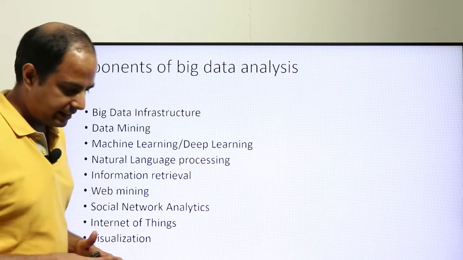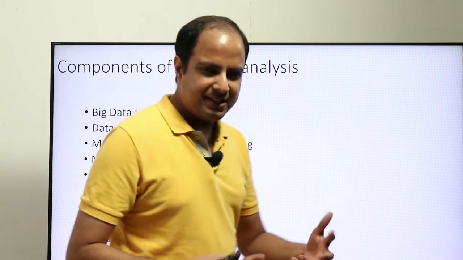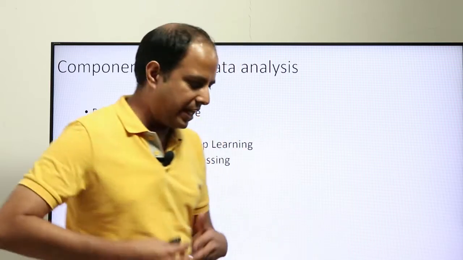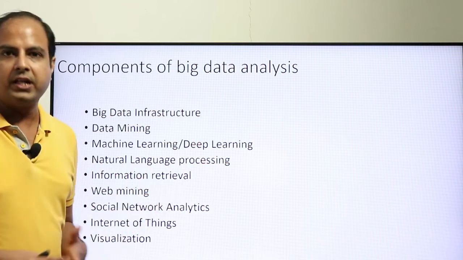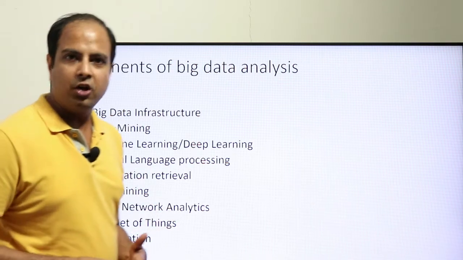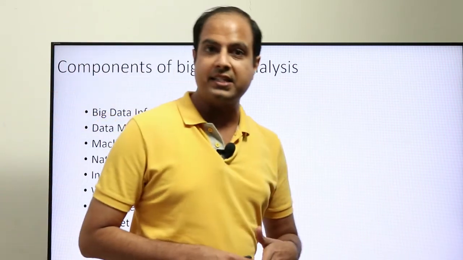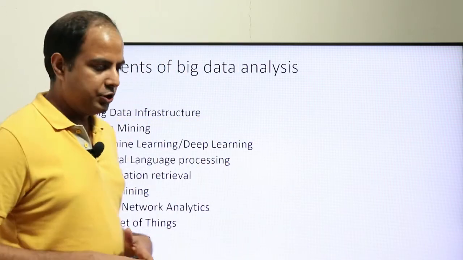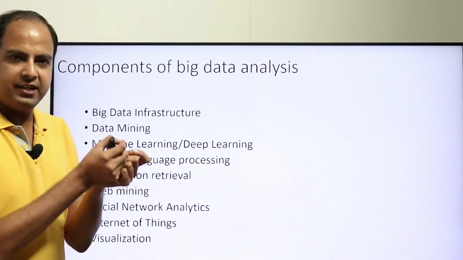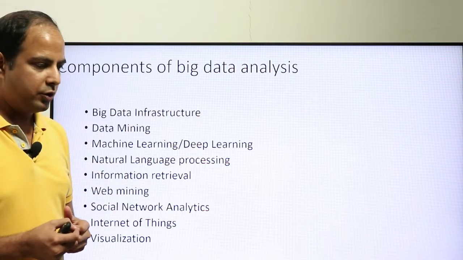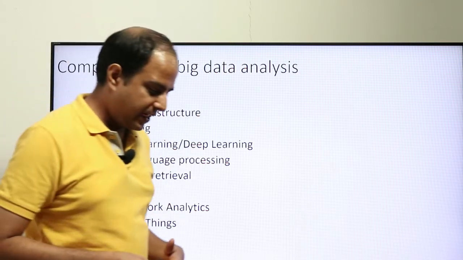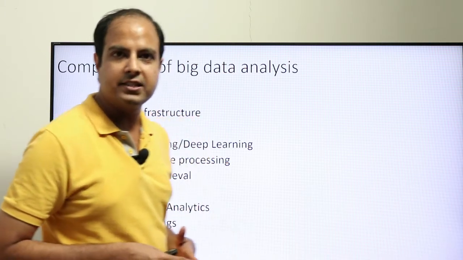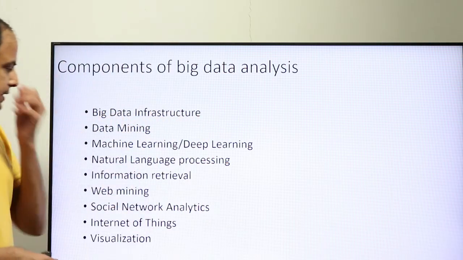Next one is information retrieval. So, as the name says, it's retrieving information from a large amount of information which is available, or from a large amount of data which is available. So, when you search on Google, information retrieval is the thing that Google is doing for you, okay? You have a query, you basically say flight from Hyderabad to Bangalore, and Google looks through billions of web pages, huge amount of data which is available, and retrieves the right pages that make sense for you. And that's what is information retrieval.